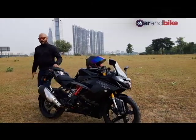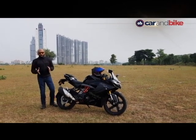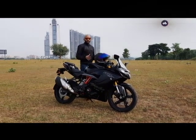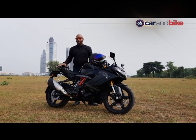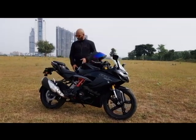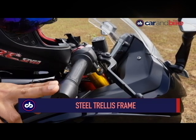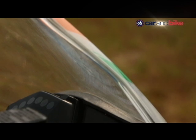And now, TVS has made some subtle changes based on feedback from riders, from reviewers like us, who've given them a lot of feedback, and it's available in an all-new gloss black, what's called a phantom black color. Cosmetically, there are very subtle changes. You get new graphics, the bar ends are heavier and bigger, and you get a small beading between the